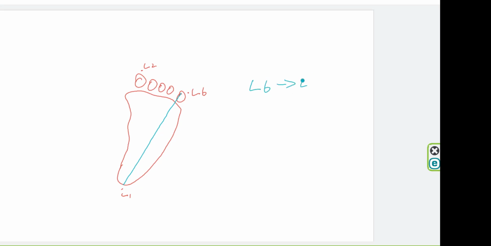Okay, so let's draw ourselves a foot. 1, 2, 3, 4, 5 toes. Now we've got landmarks, and that was L1, haven't we? And that was L2, 3, 4, 5, and the little toe was L6. So let's suggest that what we want to do is measure the distance L6 to L1,